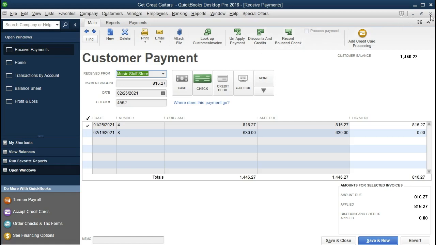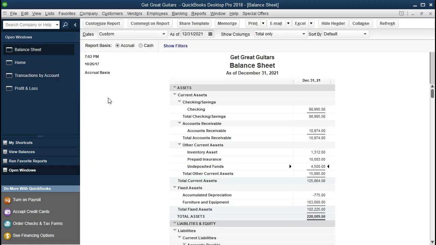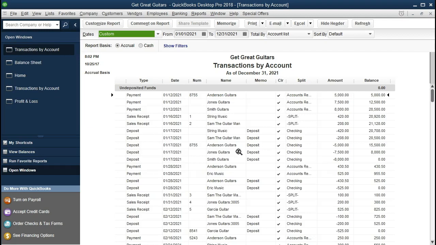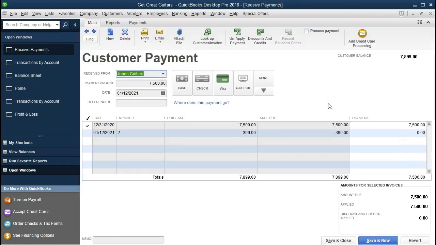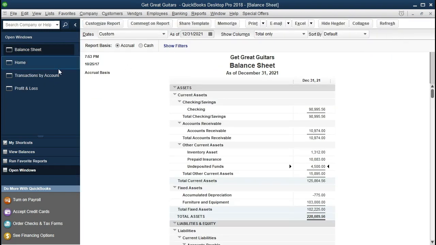So for example, if we close this back out and we go back to the balance sheet and we open up, say, let's just go into the undeposited funds and double click on that, we'll see these items that say payment on it. And that's going to be the Receive Payment form. If we double click on that, it'll be driving these forms. So that's going to be another thing. It's another form that we're just going to be using to drive QuickBooks. It's what's used in order to help us make these financial statements. These are the source documents, the source forms. Closing these back out, going back to the Home tab,